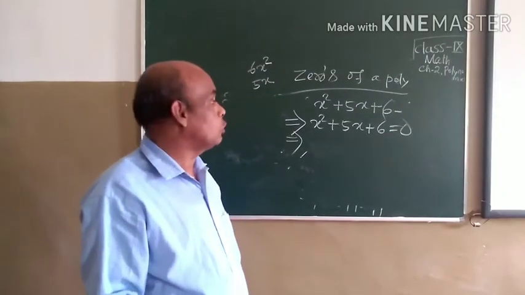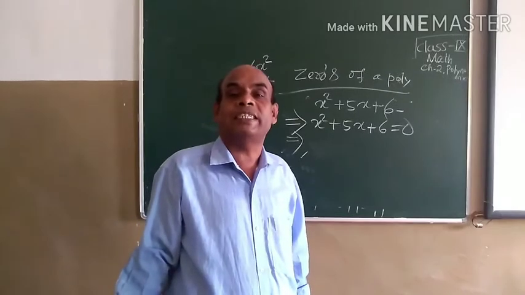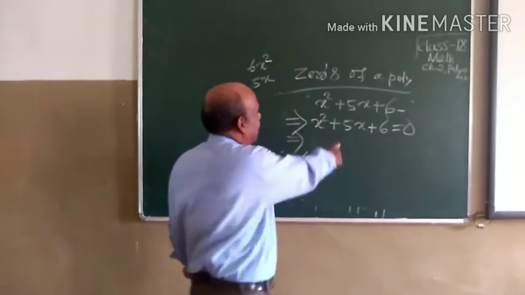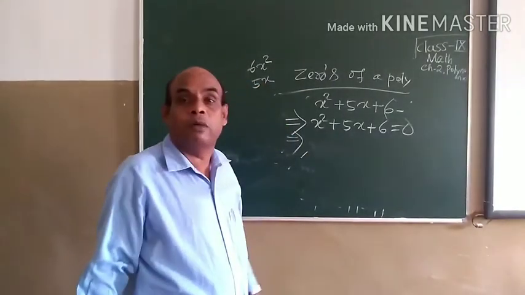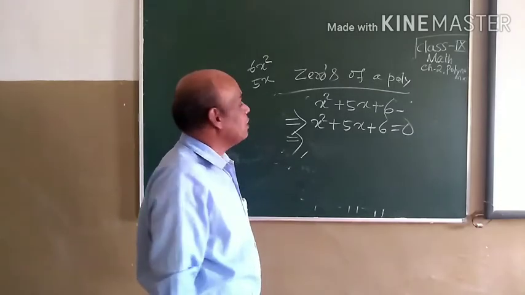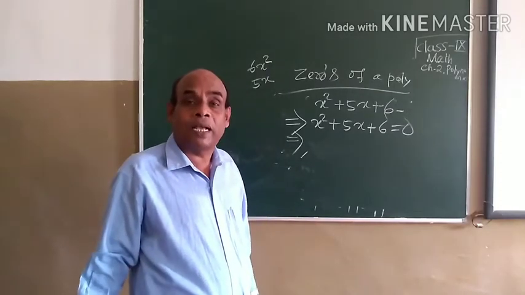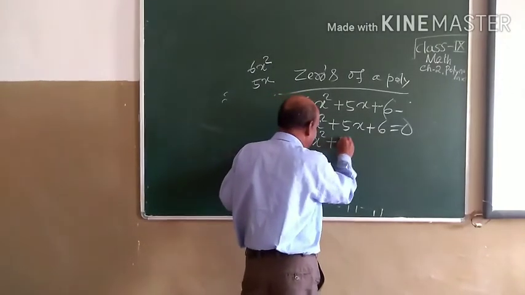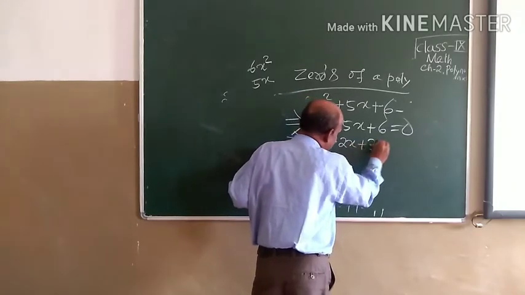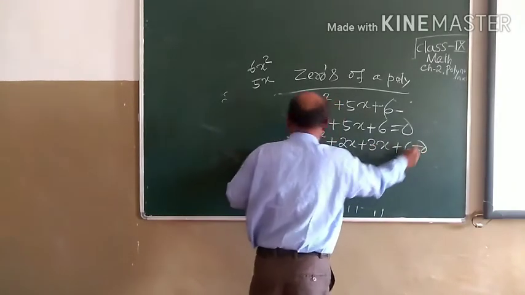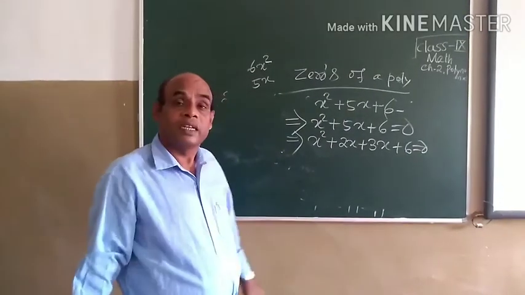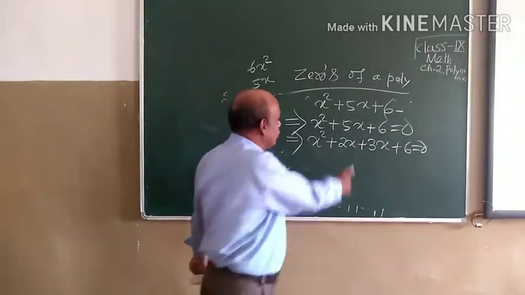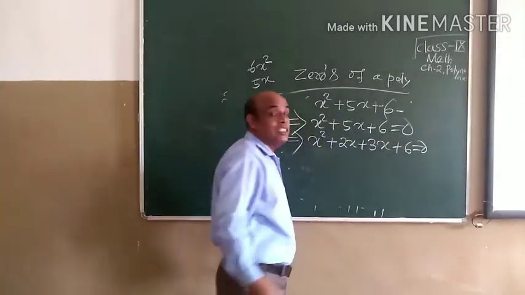Now we have to choose two terms, such that the addition of the two terms will be 5x and the multiplication will be 6x square. First into last, the product of the first into last. So ultimately it is clear that x square plus 2x plus 3x plus 6 is equal to 0. You can see now 2x plus 3x is 5x, and 2x into 3x is 6x square, first